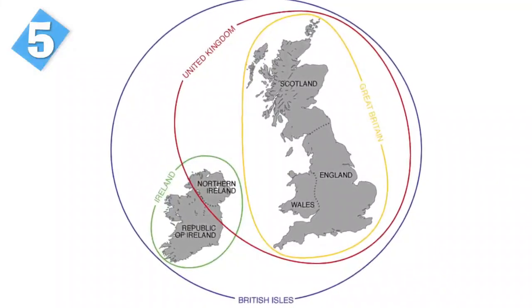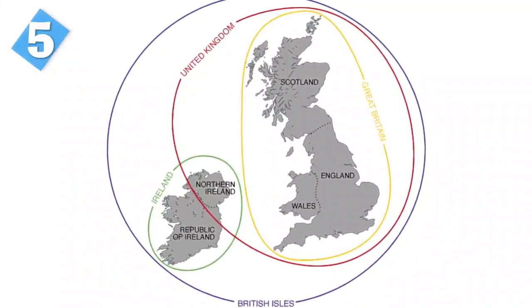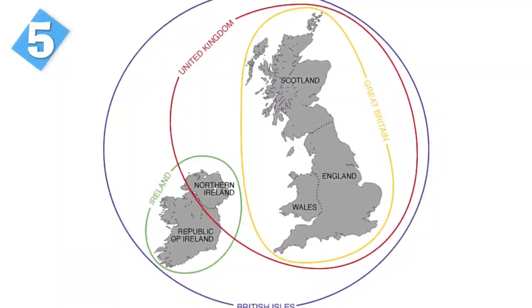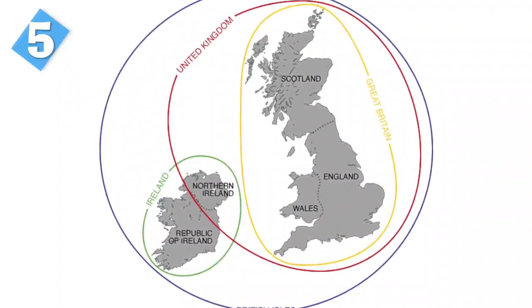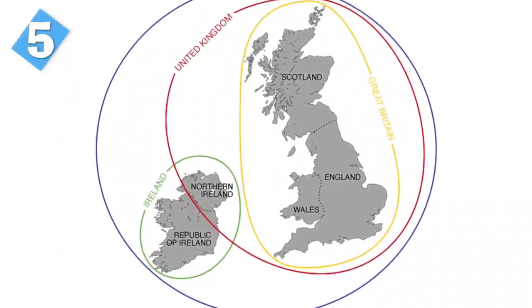Well, you see, the confusion happens because of the use of the word country. Let me explain. While the 4 countries that make up the United Kingdom are considered separate in the minds of the local people, as well as in certain sporting events, their powers for local law and control are actually devolved from the UK. In other words, the United Kingdom delegates the amount of control that these countries have. Think of it like the United States.